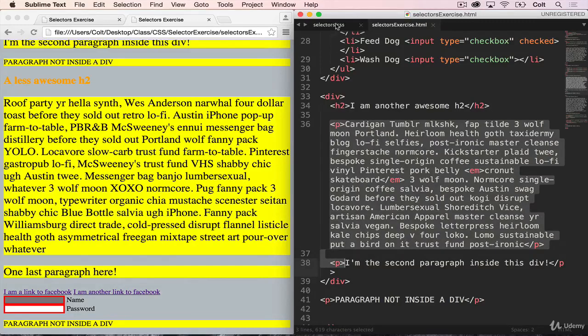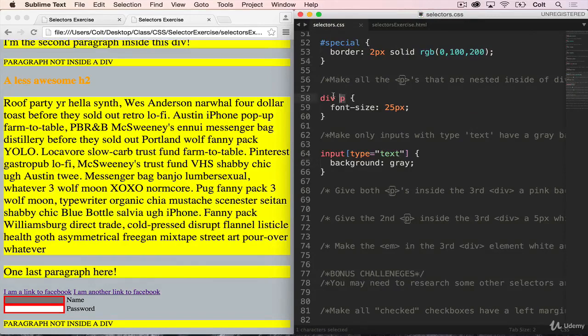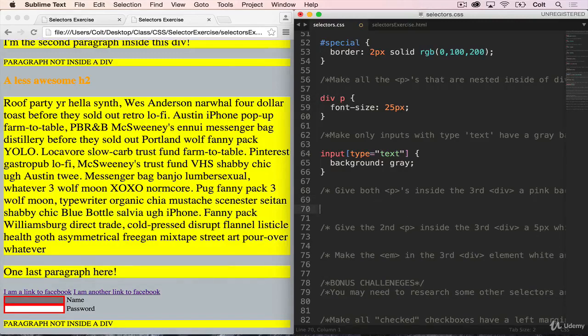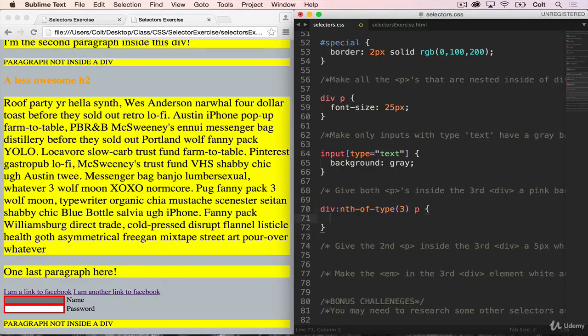So what we did before was select all paragraphs inside of all divs. That won't work here. What we do want to do is select all paragraphs inside of the third div on the page. And the way that we can specify the third div is to use nth of type. So we'll say div nth of type 3. So that's going to give us a third div. And then inside of that, all paragraphs. And then we're just going to say background is pink. And save,